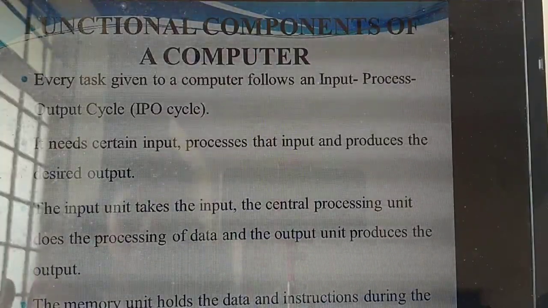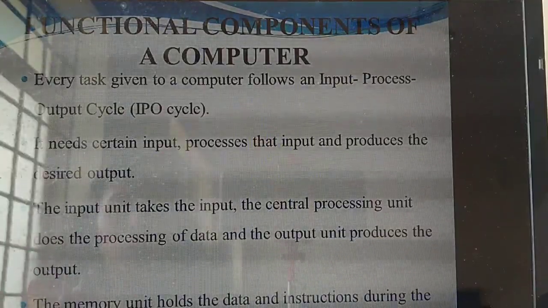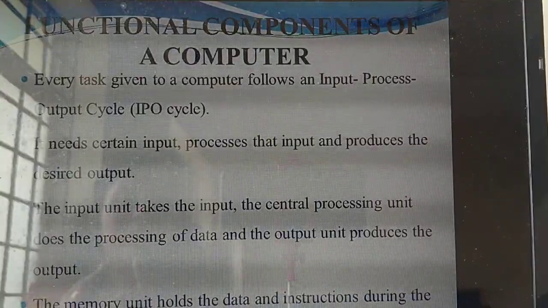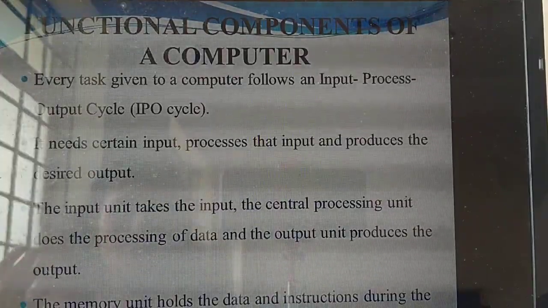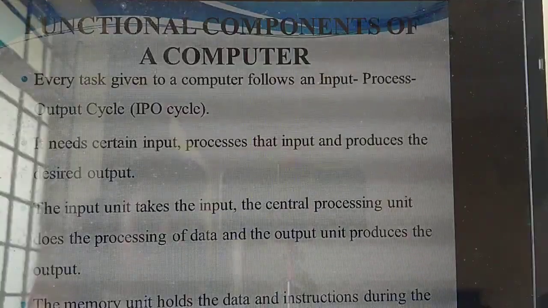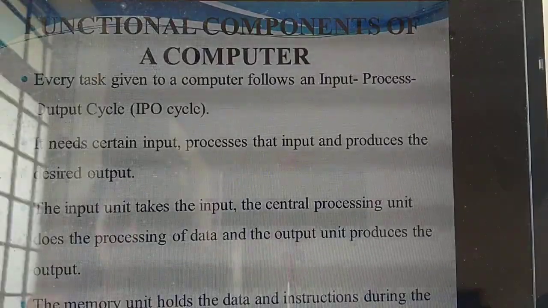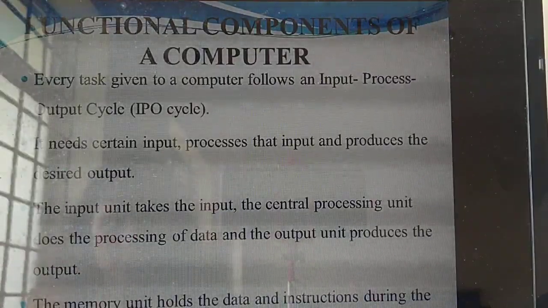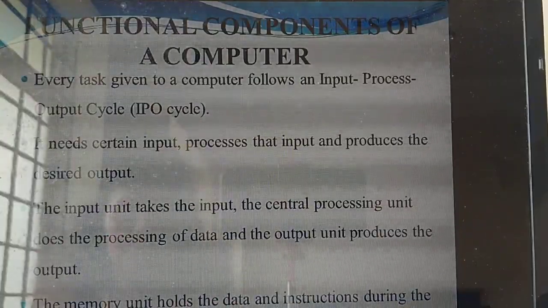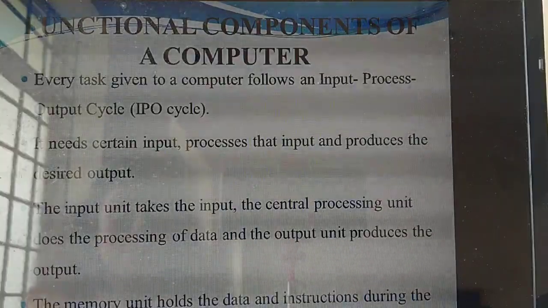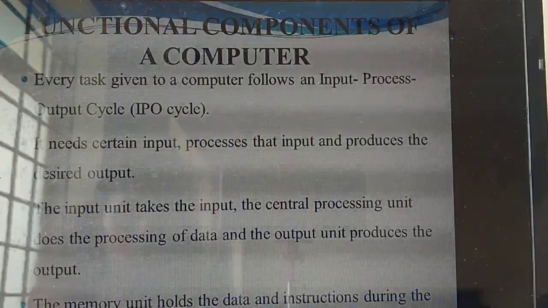You, the students. Likewise, the input is given through some unit, the input unit. Who takes it for processing? That means the CPU, Central Processing Unit. Understand? For example, whatever things you are typing, whatever things you are loading in a system, all of them need to be processed. The processing is done by whom? CPU, that is Central Processing Unit. CPU only does the processing of data. Then when all the processing is over, it will produce the proper output. Understand now? So if you give input, it is taken by the CPU, and the CPU will process the data and produce the proper output.